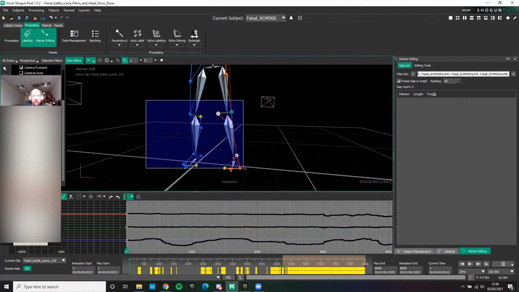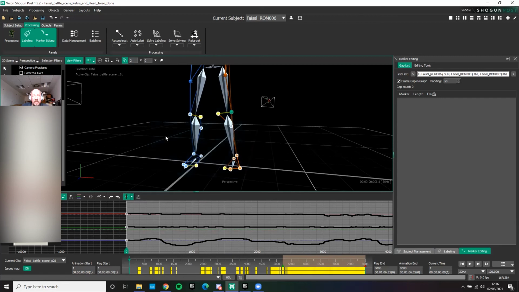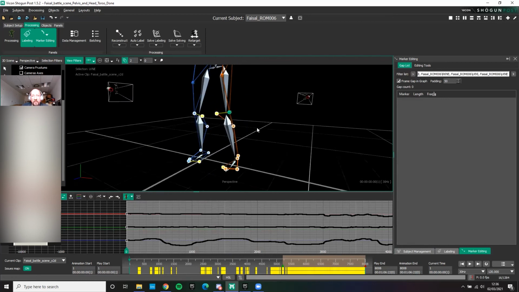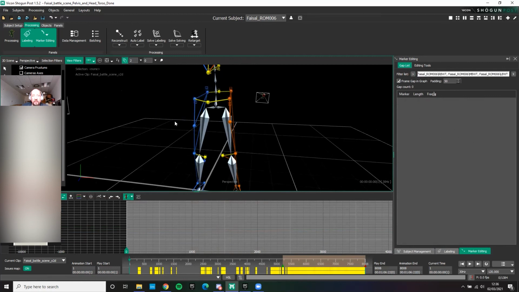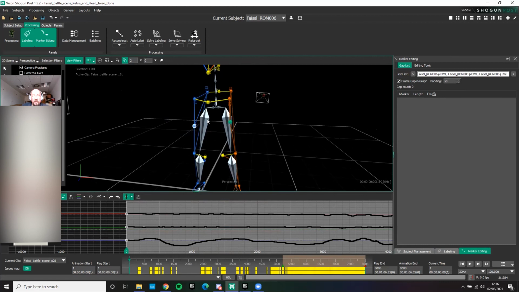Even if I select all of those markers for the knees down and the feet, and then populate that gap list, there are no gaps on that. All of my lower legs are fixed. And if I look at my skeleton, my pelvis, update that list, there are no gaps. But if I select these 2 thigh markers,